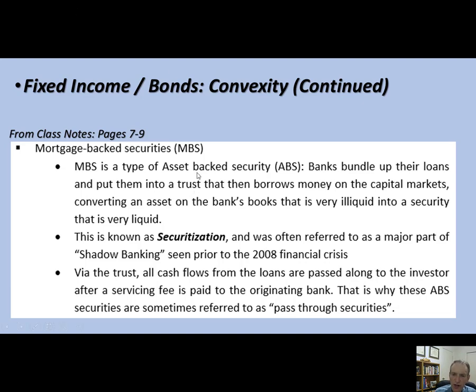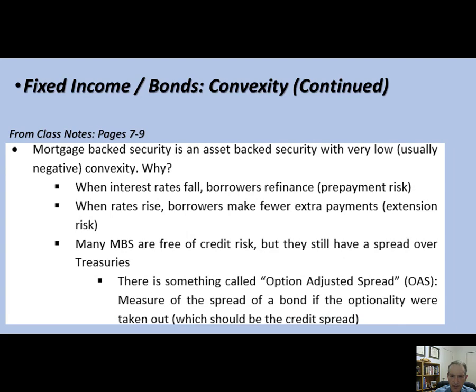So it's going to do whatever the mortgage holder does. The person who borrowed money on a house, if they want to prepay that debt, they want to refinance their mortgage, that's going to go right through this securitized asset, this asset-backed security. So if you own this asset-backed security, you are going to notice you'll get a lot of cash flow in years when interest rates are falling. At a really bad time, right? You don't want to get a bunch of unexpected cash flow to reinvest right when interest rates are at their lowest. So that's that kind of reinvestment risk as well.